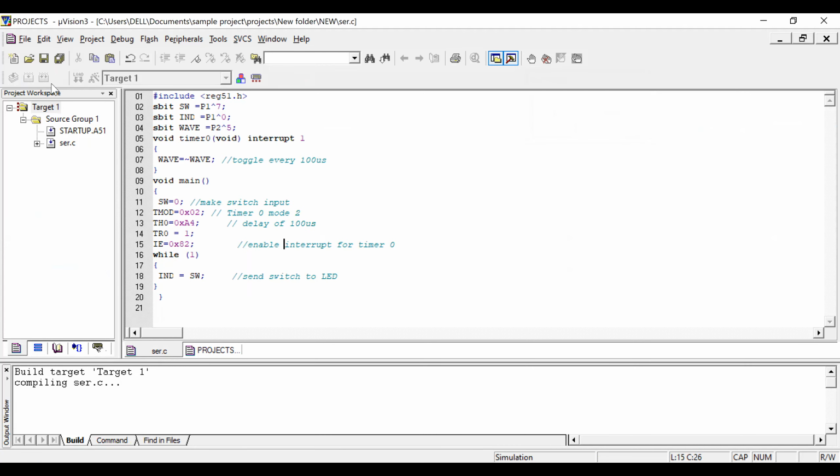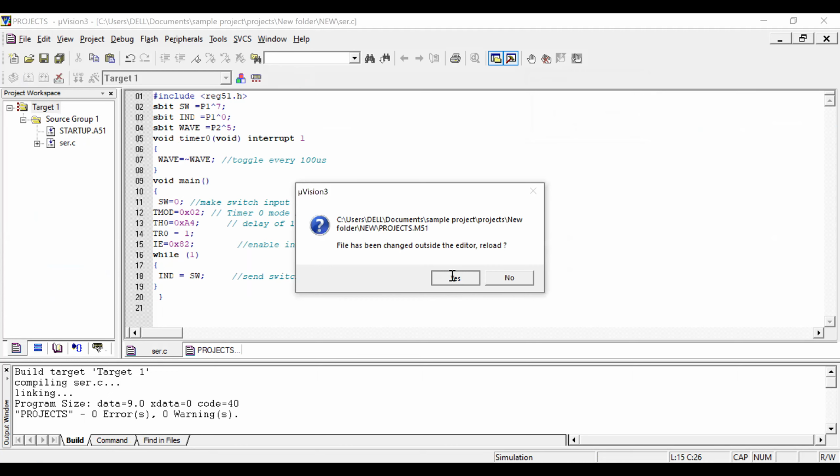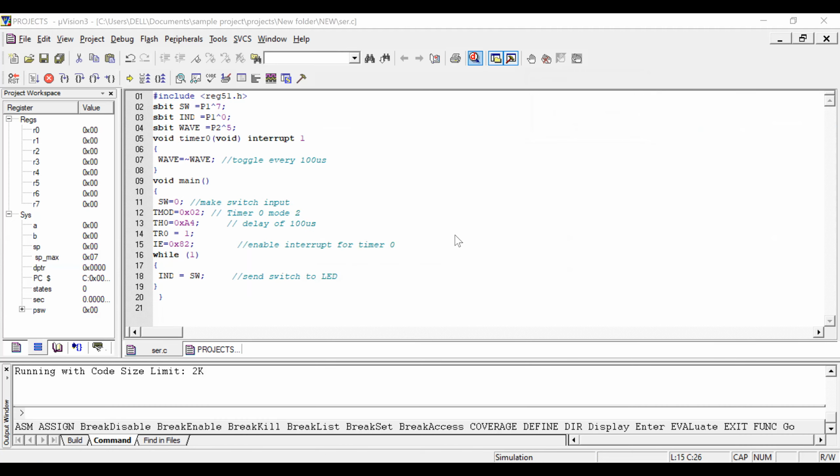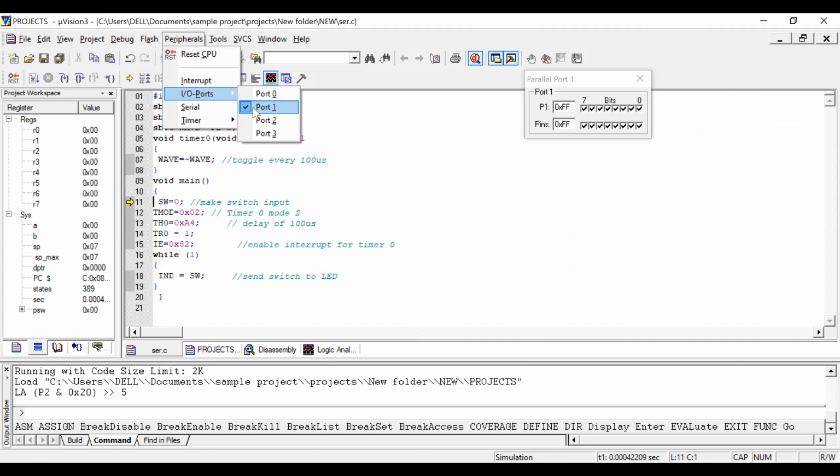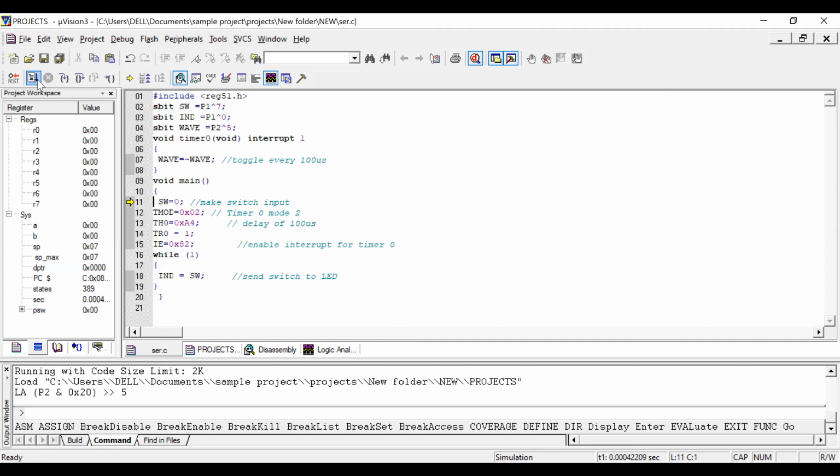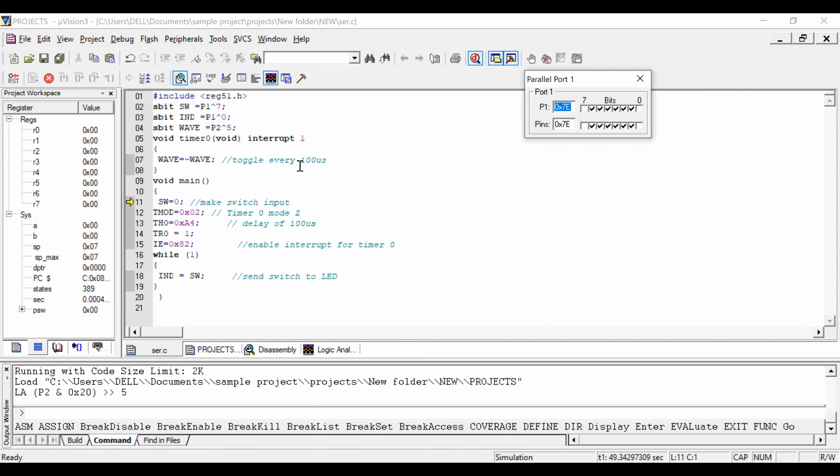You can run the program and check the status of the port pin. Just open port pin 1. You can see the status, that is P1.0. As per the program, these both are the same. See, if it is a 0.